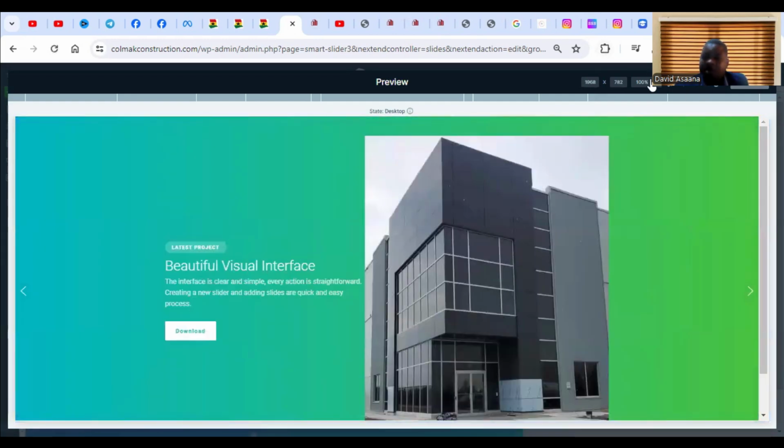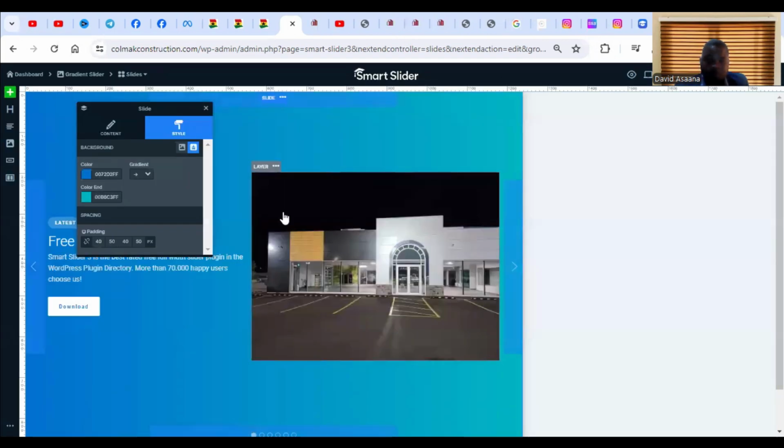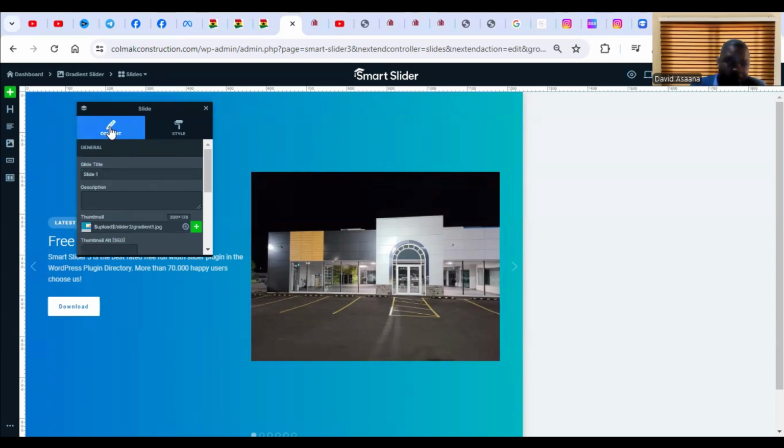Now, the problem we may have here is that there are a lot of things that are appearing that we may not want to appear. Okay, so we have to come and then edit it and remove some things, 1 or 2 things. Now let's see how we can edit each of the sliders. So this is how to do it. When you come to the slider as an example, you come to the content. Under the content, you will see description,